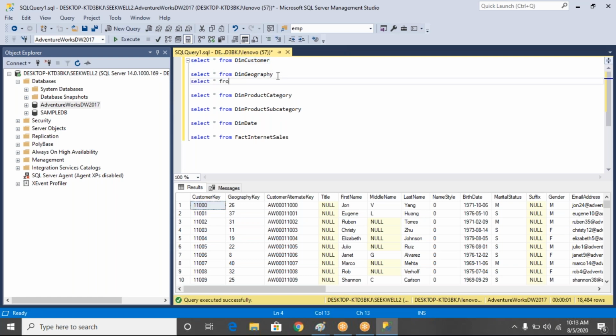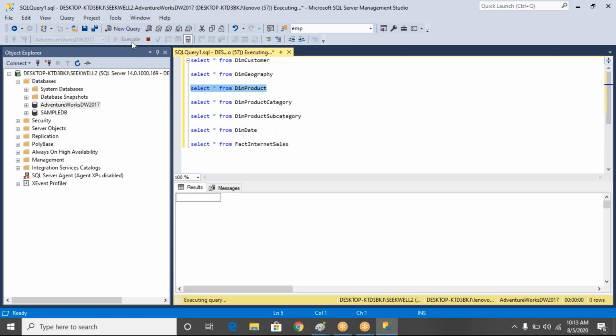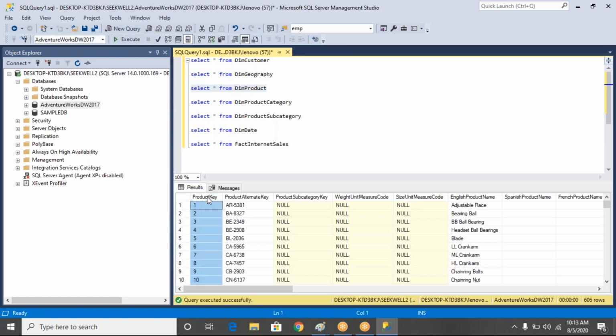Select star from DimProduct. The product table also contains a product key. What will this key do? It will identify each row uniquely, 1 2 3 4 5 6 7 like that, even in the customer table